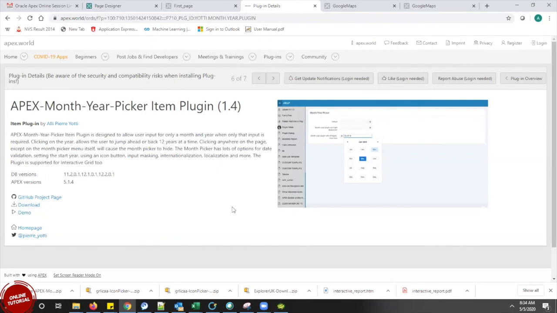We need not install these plugins again on the next server. But if we are importing any icon in this application and want to see the same icon on the other server, then we have to import that icon again from the previous server to the other server. Are you getting what I'm telling?